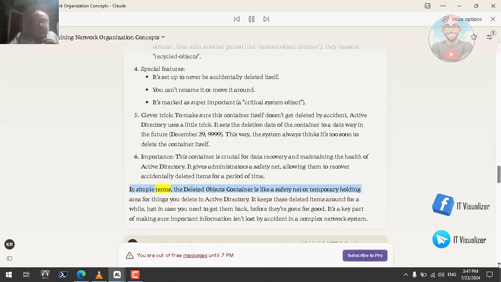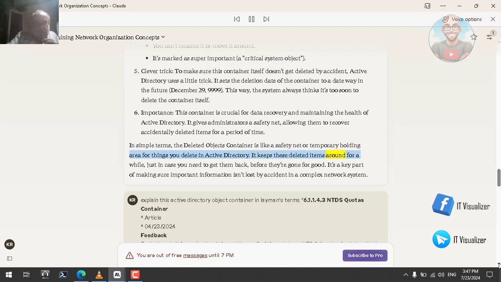In simple terms, the deleted objects container is like a safety net or temporary holding area for things you delete in Active Directory. It keeps these deleted items around for a while, just in case you need to get them back before they're gone for good. It's a key part of making sure important information isn't lost by accident in a complex network system. So this is the answer of